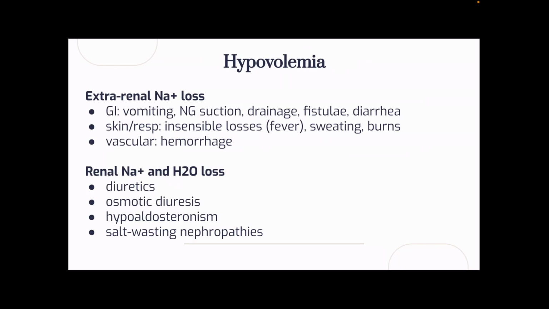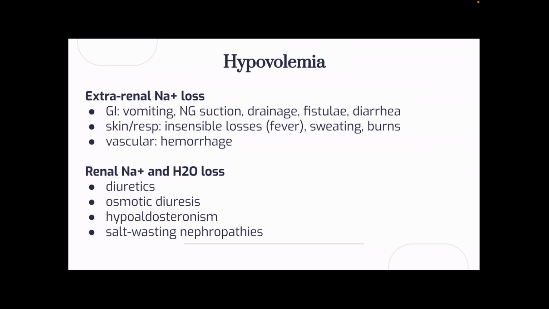So in hypovolemia, there are multiple types. There's the extrarenal sodium loss, which happens in the GI tract, like in vomiting, nasogastric suctioning, drainage, fistula, and diarrhea. In the skin and the respiratory tract, there are insensible losses, like fever, sweating, and burns. Burns patients need a lot of fluids. In hemorrhage,